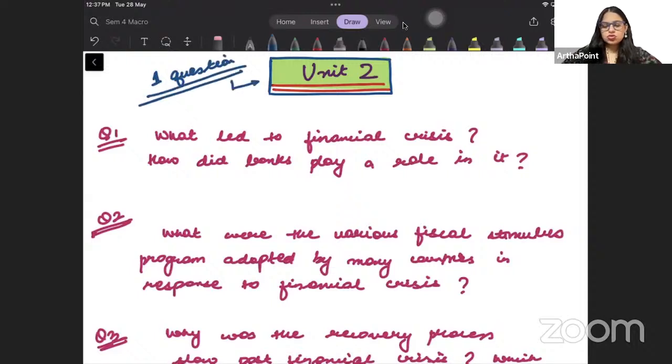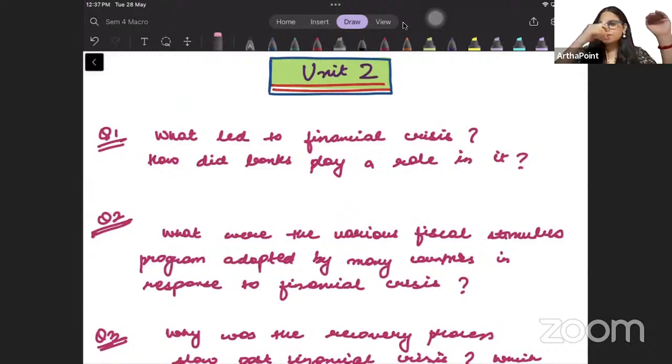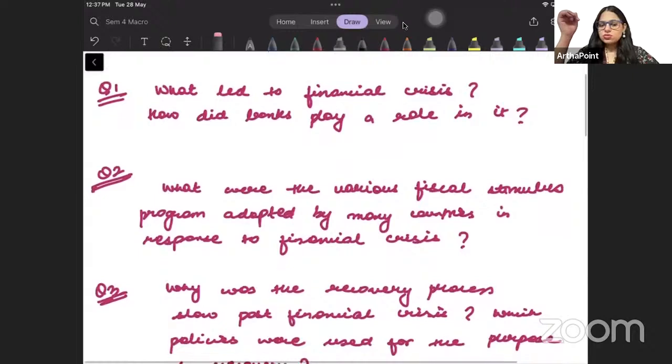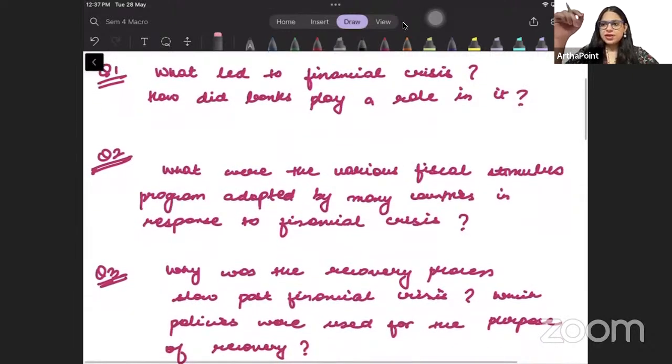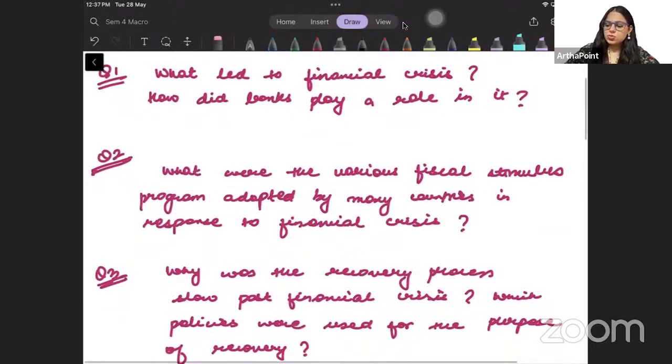Before I start, I just want to highlight it is my high intuition that only one question would be asked from Unit 2 of approximately 15 marks, right? So chances are that they will not give you a lot of questions from Unit 2 and they will give you only a limited aspect from Unit 2. Okay. So I'm just going to list out few of the major questions that can be asked from Unit 2. This is the first one.